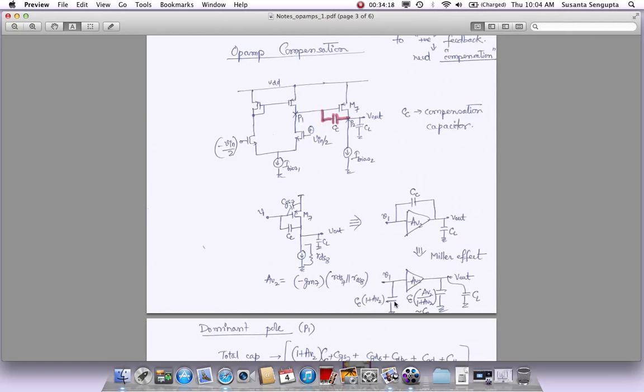A huge loading comes to the input. That is what is seen at the input. Similarly, what is the loading at the output? The output loading is given as roughly AV2 divided by 1 plus AV2 times CC. If AV2 is very large, let's say a gain of 100, then it's 100 by 101, which you can just completely ignore and say this is roughly equal to